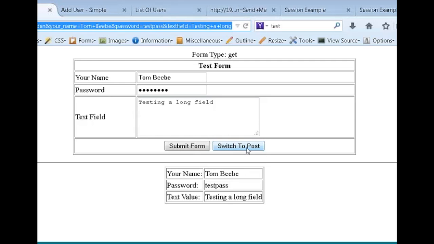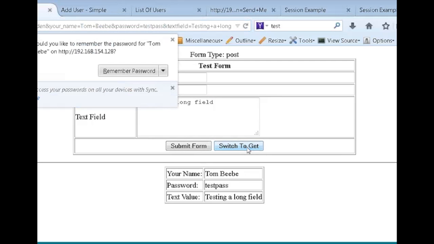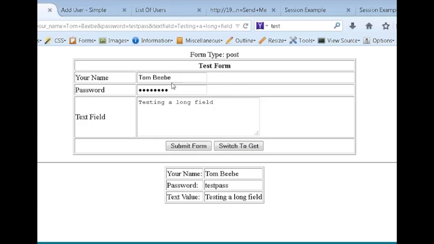But if I hit this button here, it's going to switch it to POST. It's refilled in the field. I submit the form. I'll change this so you see it's a little different. You see it submitted this time with your name changing. It takes all the data I want, but now it's passing it through POST. You notice the URL bar is not showing anything. It's just showing the target. That's all it's doing because it's passing that data through a separate part of the request that's not in the URL. And if I go hit back,